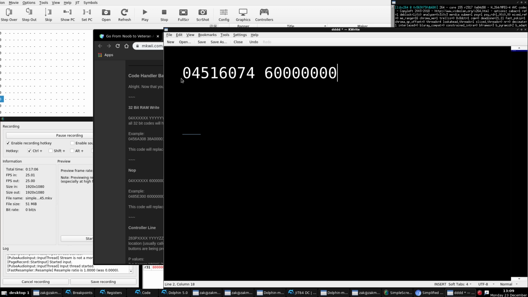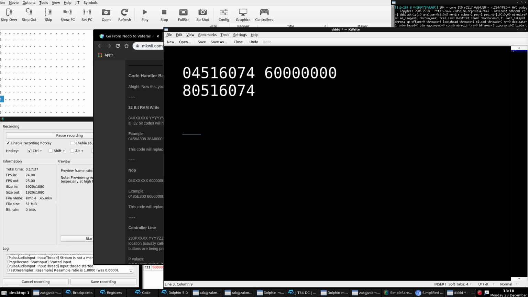Okay, so whenever you see a single line of compiled code like this, like a cheat code, it's known as a 32-bit RAM write. First, let's start with this byte value right here, the 04. First of all, that designates static memory. So, to change this value, you can change it to the memory address that the code is manipulating or modifying. You just take the 04, change it to